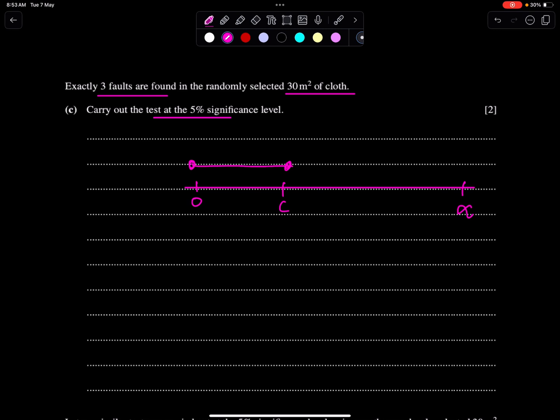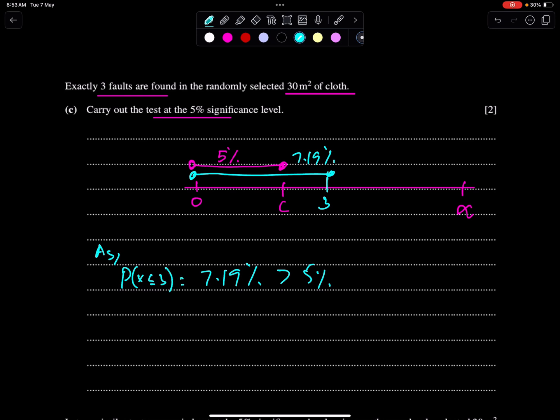This is 5% and 3 is not in critical region because this probability is 7.19%. You have to mention as 7.19% is greater than 5%. Probability of less than equal to 3. So 3 is not in CR,